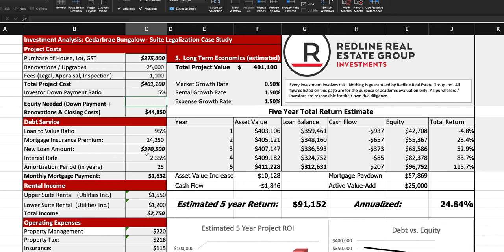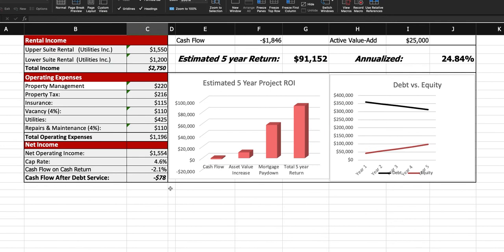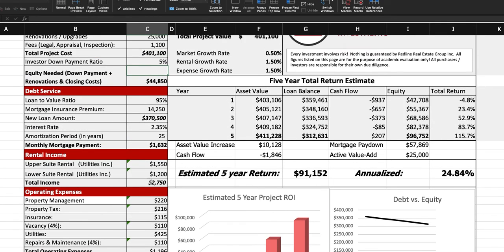Anytime you want to do less than 20% down in a residential property, you are going to have to pay mortgage insurance, which is a CMHC fee. That gets tacked on to your base loan amount here. So if we're at 5% down, you can see here, we're actually a negative cash flow per month deal because we have a much larger mortgage, $370,000 to pay off rather than $380,000 like we were at if we were